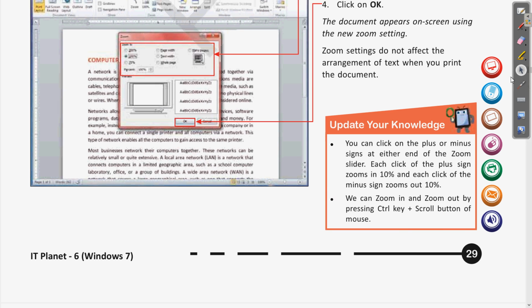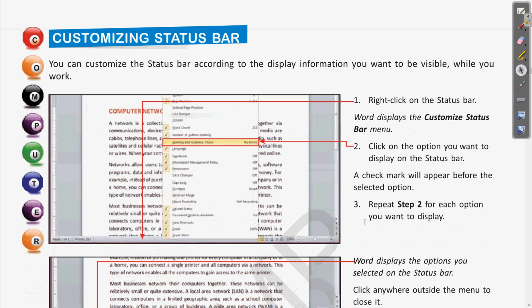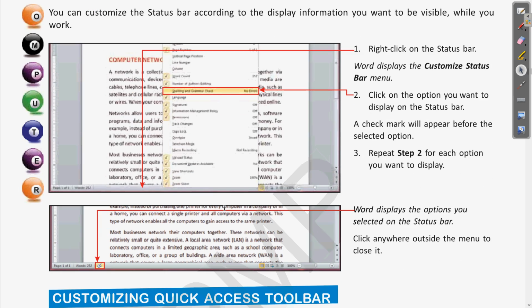Okay, then we have seen how to customize the status bar. The status bar, we all know, is at the bottom, and shows different things as a status, like page number, the number of words, the language. Clear? All these can be customized. Customization means they can be modified, they can be changed. We can add more options to be viewed on this.